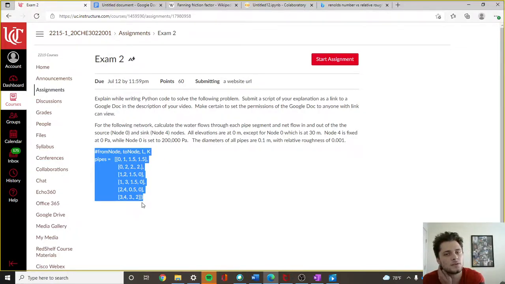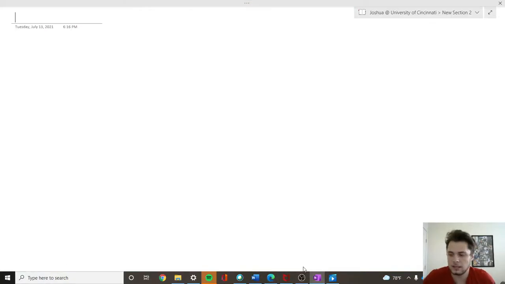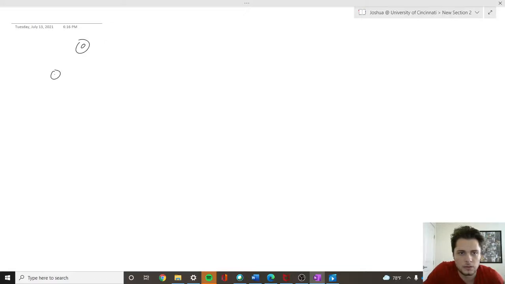And the K values are just the heating due to friction due to certain fittings in the pipes, like valves or turns and things like that. So to begin, let me just go ahead and draw our piping network. So we have node 0, node 1, node 2, node 3,